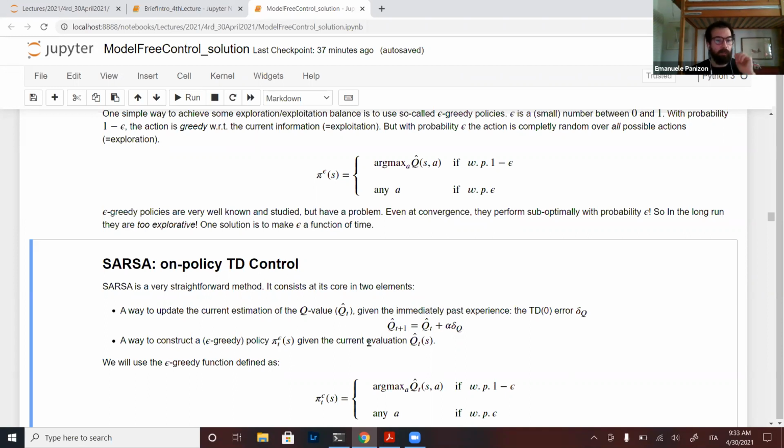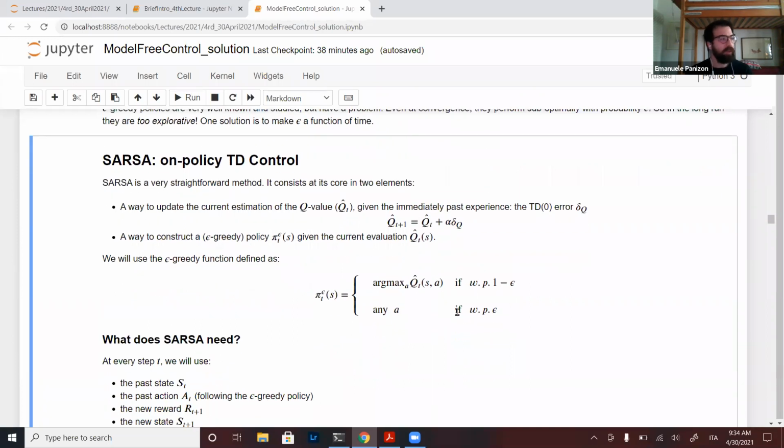Then using this estimated Q, we can construct an epsilon greedy policy, which of course will be different at each step because Q_t will be different at each step. So the two ingredients of SARSA are that my update of evaluation is done with a time difference error in the Q value, and as a policy, I just take epsilon greedy.